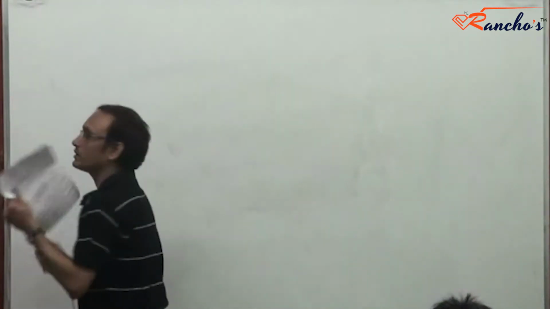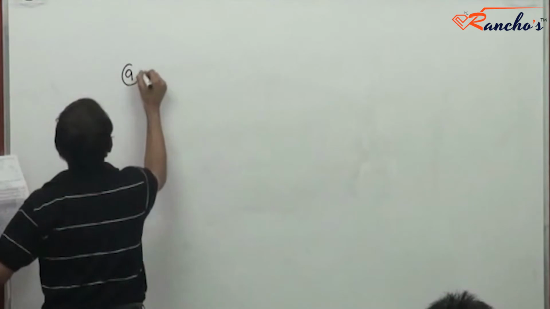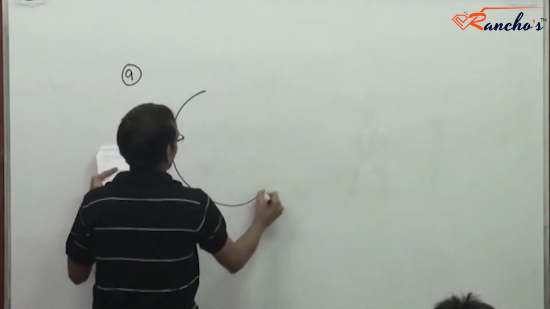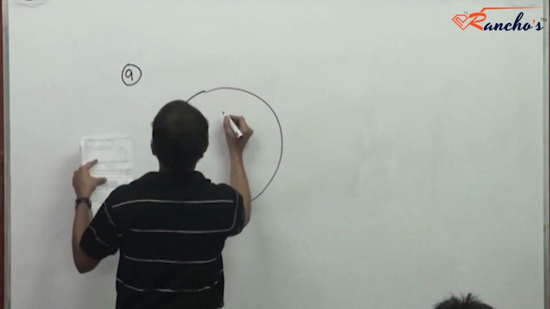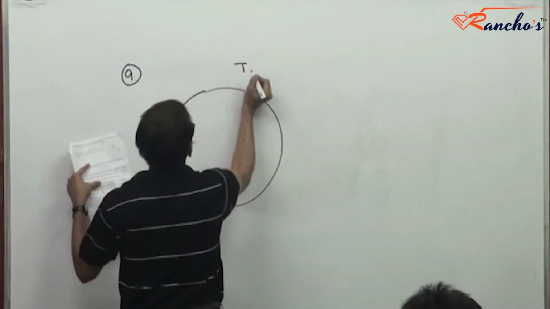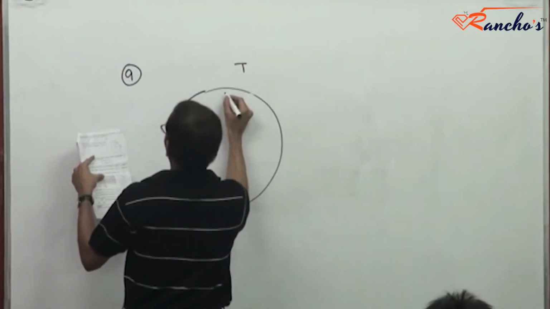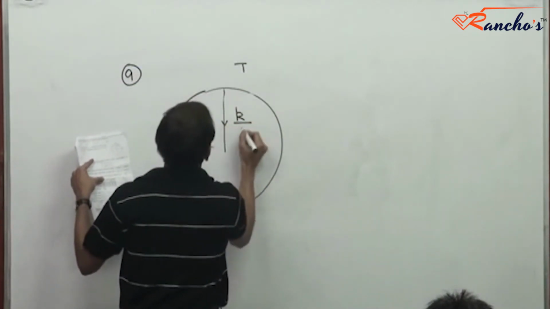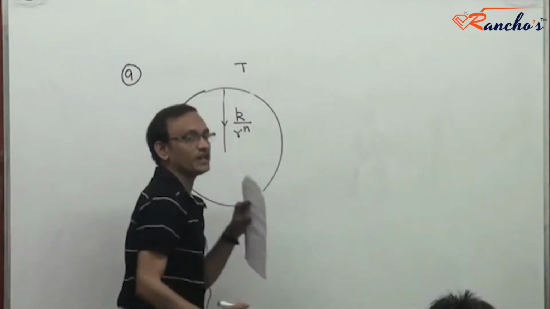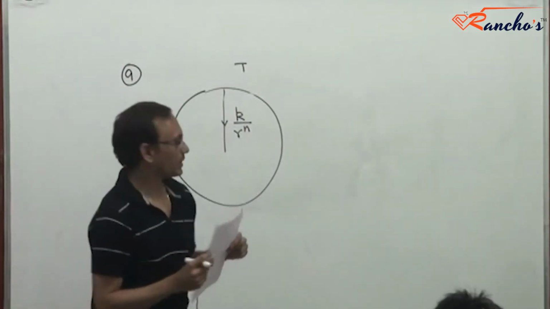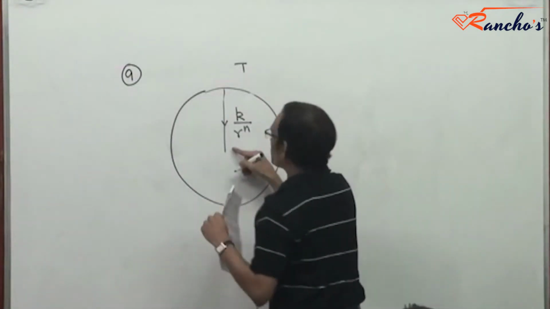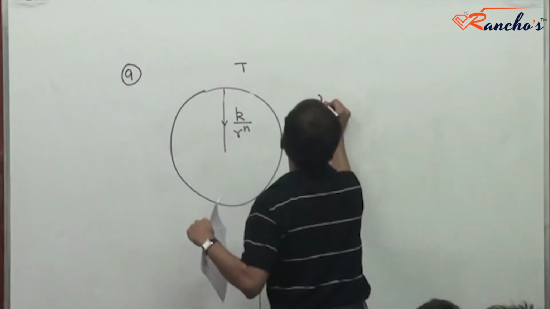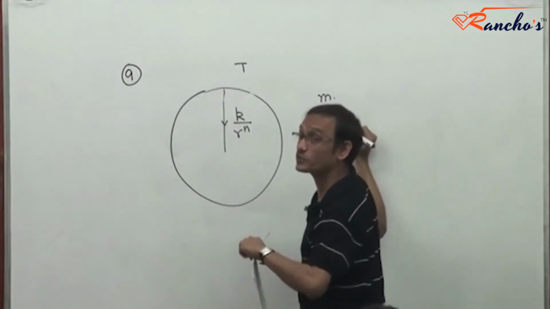So now problem 9. There is a circular orbit of time period T, and the force varies as the inverse of the nth power of the radius r. So what does this force provide? The required centripetal force. So the centripetal force would be m omega squared,